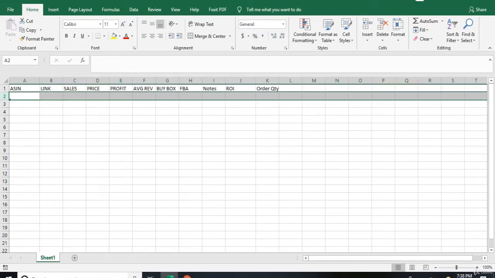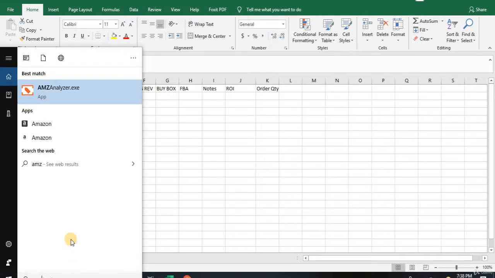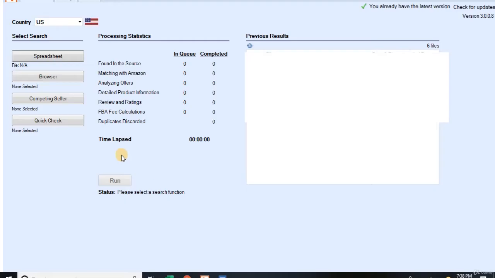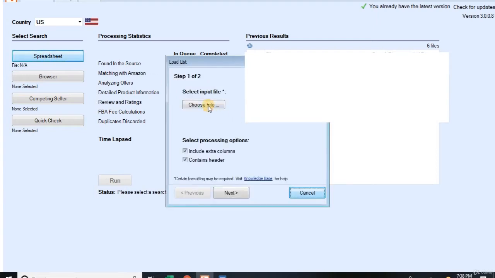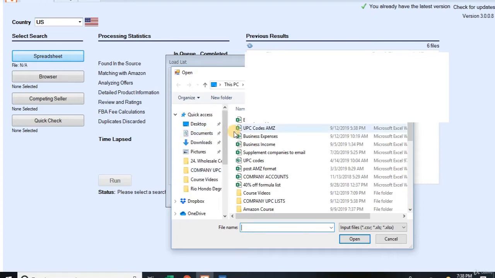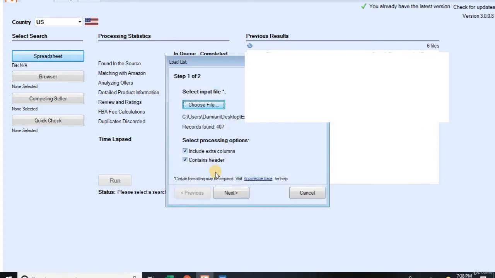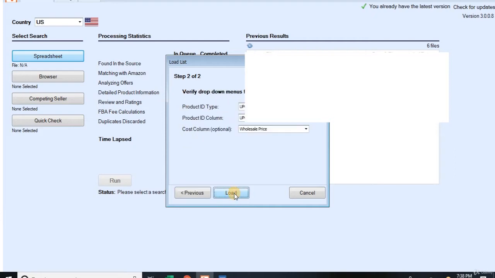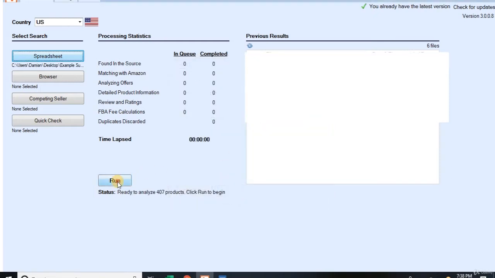So now we will go to AMZ Analyzer. Once you have AMZ Analyzer up, you want to click on spreadsheets and find your product list. Save it to your desktop or save it to a folder or wherever you want. Hit next, and then UPC, we have the UPC code in there, and then this is the first column, this is the second column. So hit load and run,